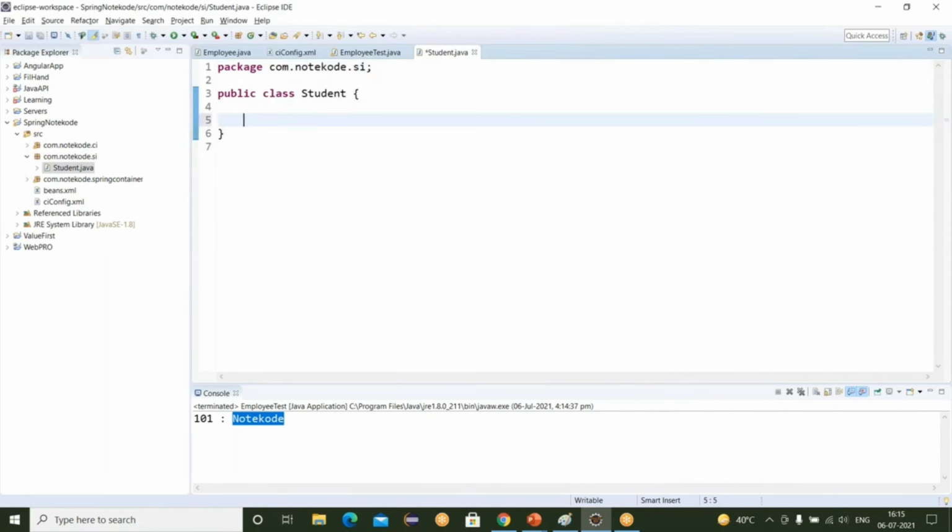Now let's take here also the two variables, student ID and student name.